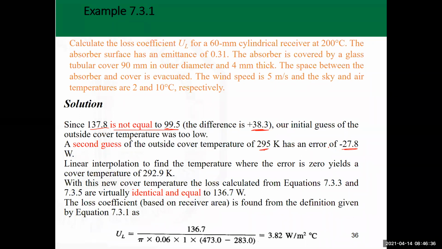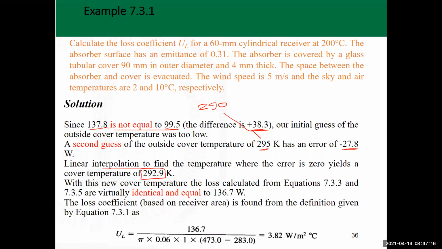One of them has a positive difference, the other a negative difference. So we took some sort of an average value in between, like doing a linear interpolation, to see what the value would be between 290 that we assumed initially and 295 that we assumed later. One resulted in a higher value, one in a lower value, so we make an interpolation and pick a value in between 290 and 295. The linear interpolation came up with this value,